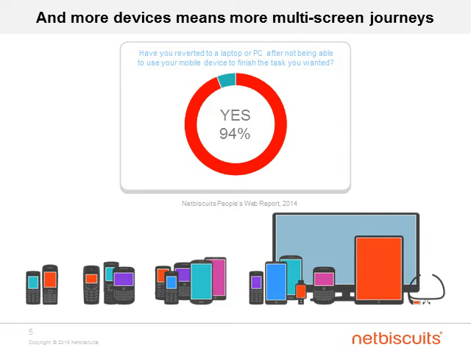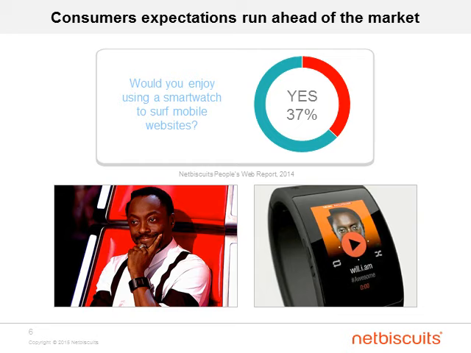And just under half said it was something that they did often or very often. Now, the responses to this question varied according to the device being used, but even on Apple, so the most widespread in the base, 43% of consumers said that they had to do this often or very often. So it means that there are plenty of broken multi-screen journeys taking place, and it rises actually to as much as 54% amongst BlackBerry users. So broken multi-screen journeys is a big problem in a highly mobilized world.